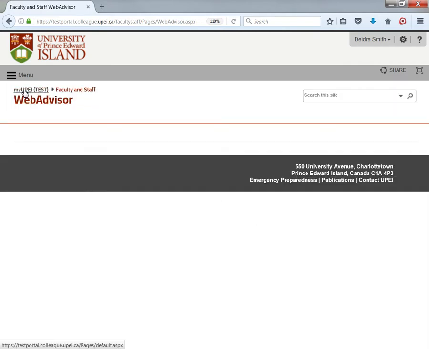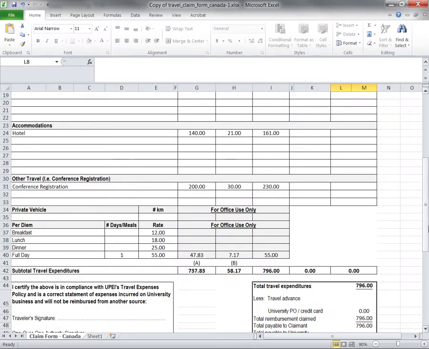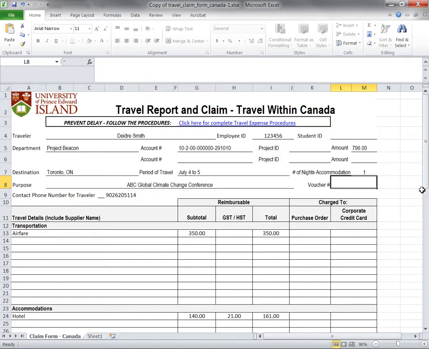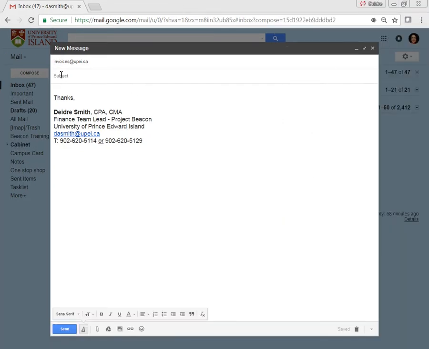Now what I need to do is take that voucher number that I received and go back to my travel claim. So I need to go in here and put that voucher number in. All right, I'm going to save that. Then I'm going to go into my email and I'm going to compose an email to